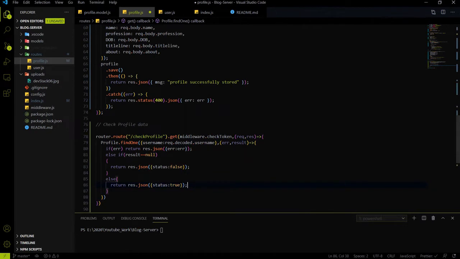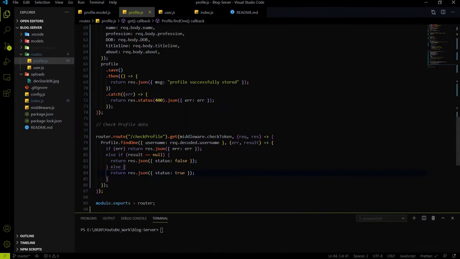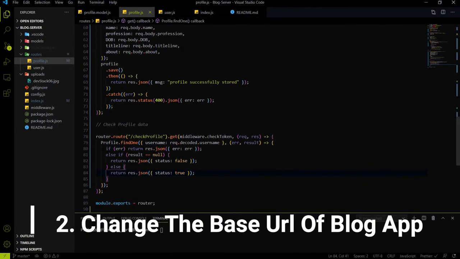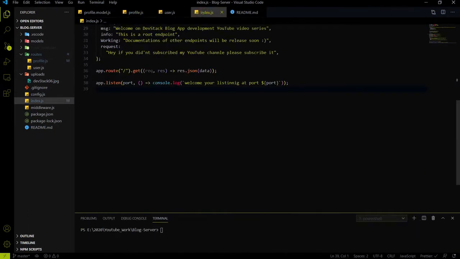So with the help of this REST API, we will check the profile data. Now it's time to call this REST API in the blog app. But first, we have to change the base URL of the blog app to the localhost. So what I will do is add an additional thing into the index.js. On the app.listen method, we will add the same thing called